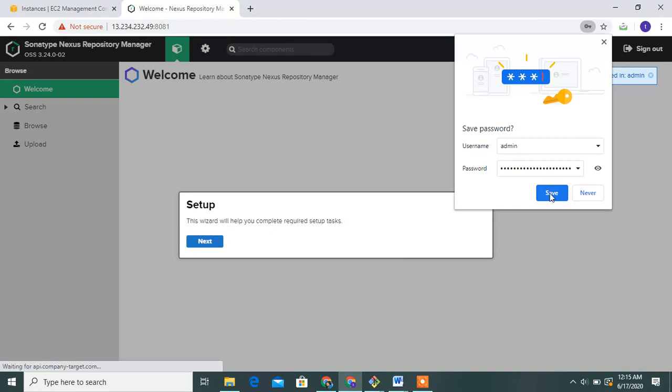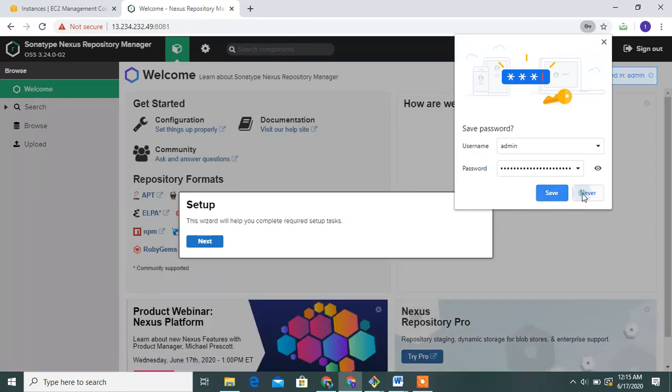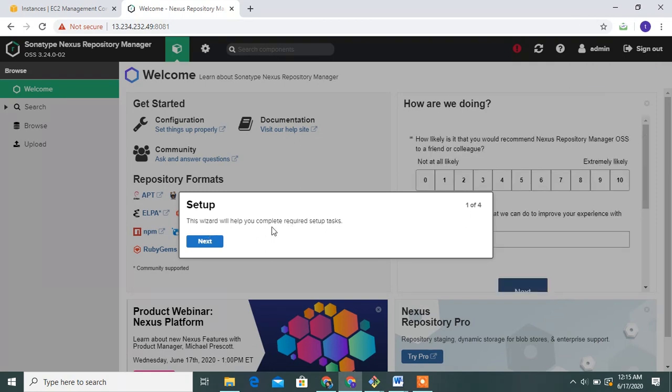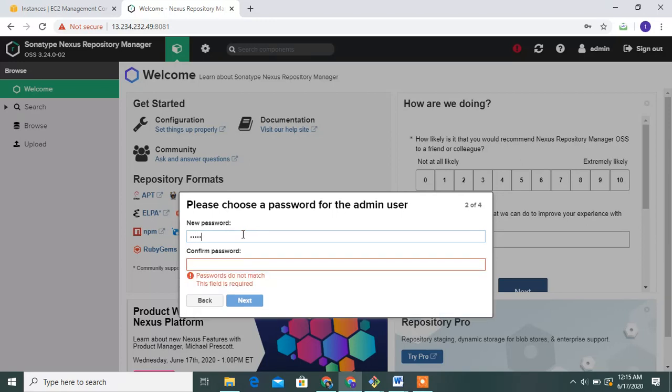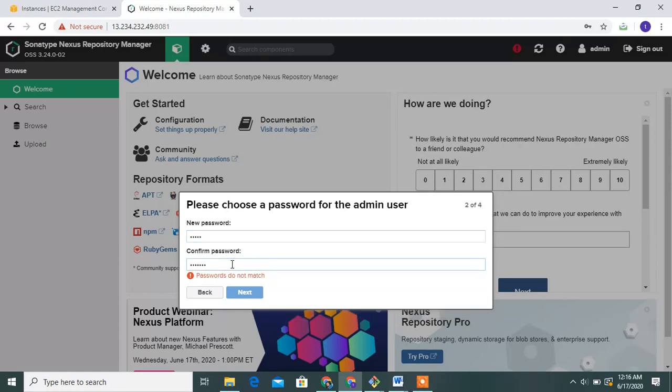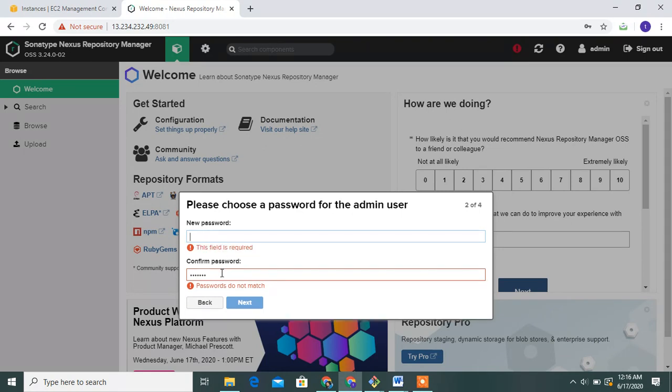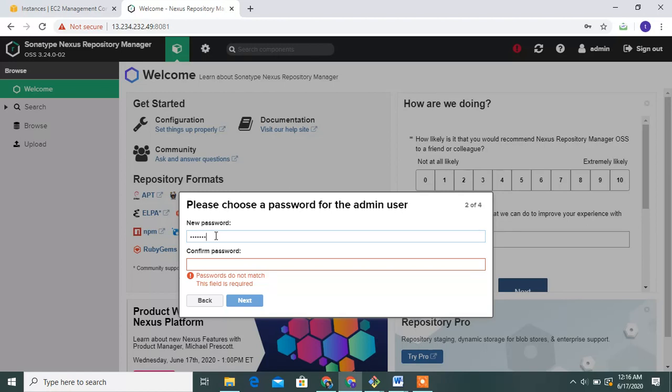Yes, guys, sign in. Then you set up the new password for your Nexus repository. I set the username admin and the password Tulasi. Password does not match. The default admin password is Tulsi.